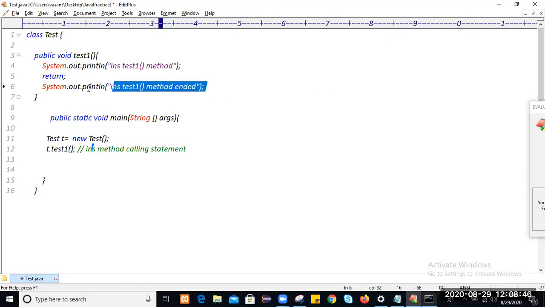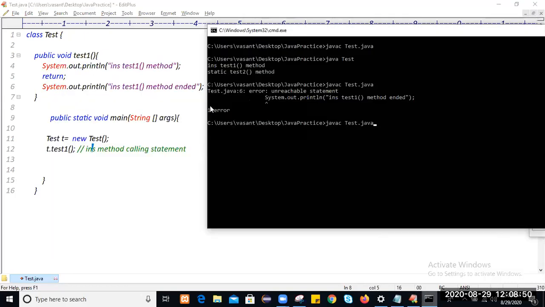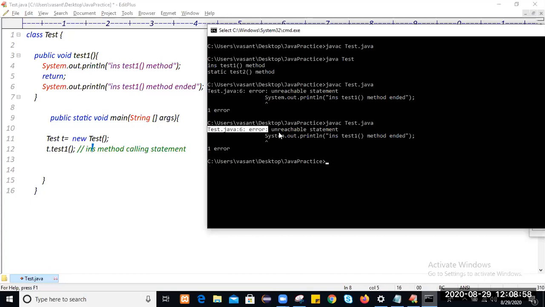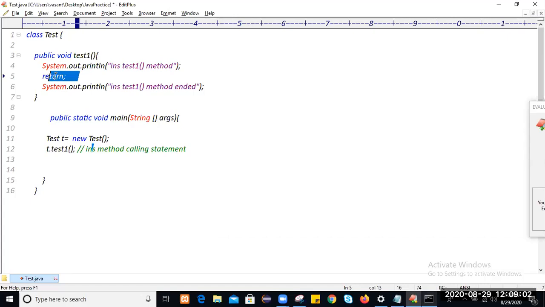This statement won't get a chance to execute, and if you compile it, you'll get a compilation error. Always remember that the return keyword must be the last statement within the method. Immediately after the return keyword, if you write any statement, you get a compilation error: unreachable statement error.